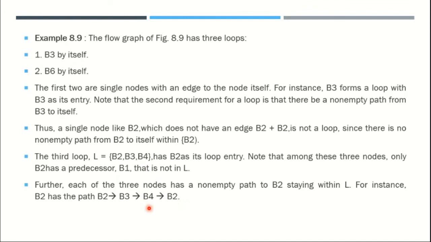These loops can be easily identified or recognized with the help of flow graphs. Whenever we can identify and represent the loops, we can generate better target code. This is one advantage with loops. So these are the details about basic blocks and flow graphs.